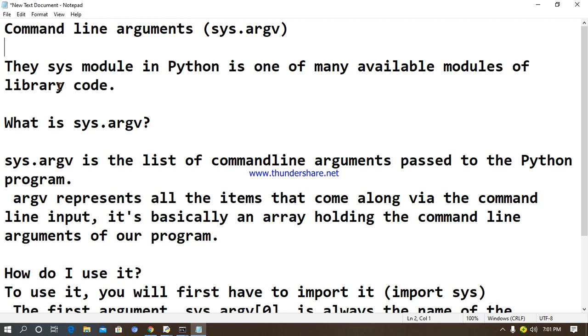So when you go for command line arguments in Python, there is a module called the sys module. The sys module is one of the many available modules of the library, and it is definitely useful for you. Before understanding the two or three example programs, you have to understand what sys.argv is, that is, argument passing. sys.argv is a list of command line arguments passed to the Python